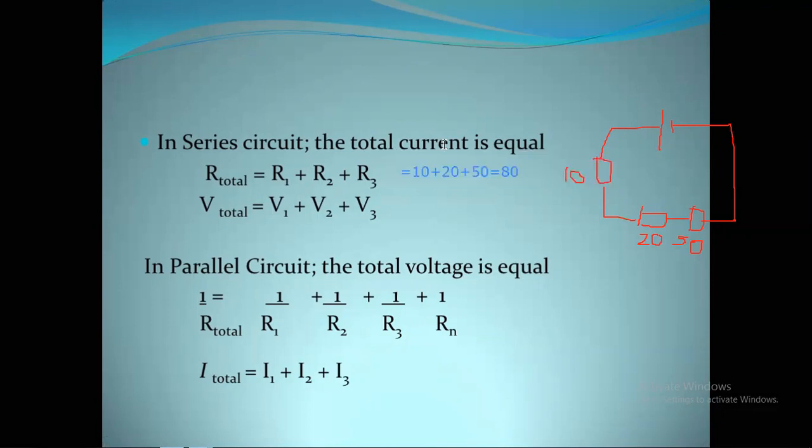Right. Okay. Like that you can get the resistance for a series circuit, and the voltage over here. If you want to find the voltage over here, that is the addition of all of these three voltages, or you can add more resistors if it is so. The addition of all these should be similar to the voltage over here, right? Okay. Then this is for a series circuit.